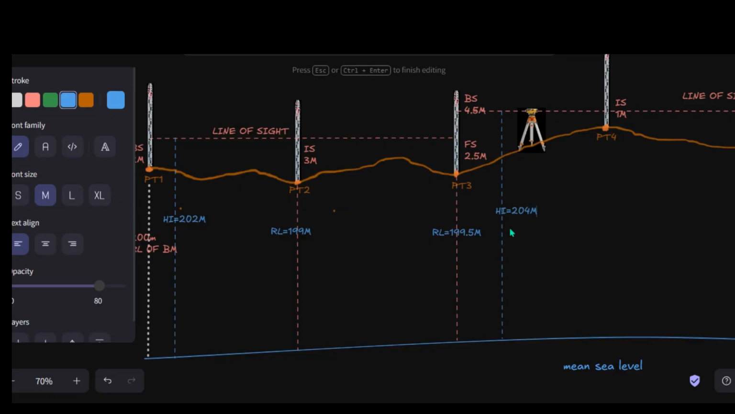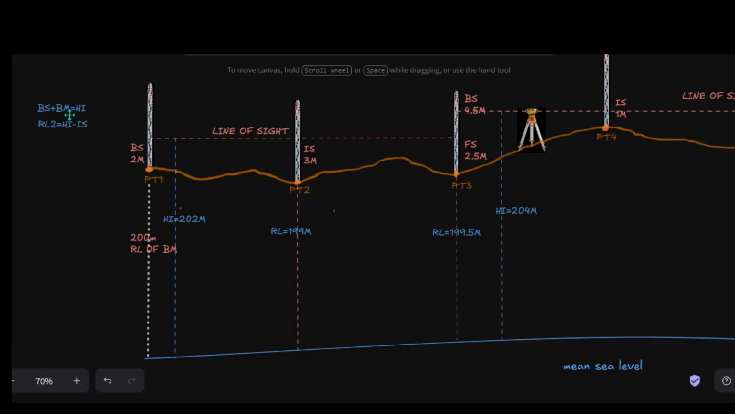4 meters. Okay, now we see the same thing we did here. If you check, height of instrument is equal to backside reading plus benchmark reading, or reduced level of benchmark. Now in this case, there's nothing different. The backside reading plus the previous reduced level here will give you the new height